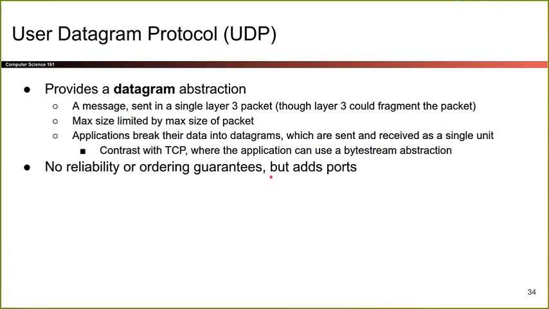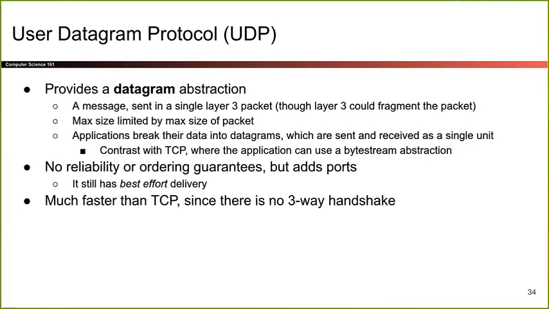There are ports, so you can still talk to other applications. Everything from layer 4 and above has guaranteed application separation. So there are ports, but there's no reliability, no sequence numbers, no ACKs. It's still best effort. So basically, if you think about it, UDP is literally just IP plus ports. Right? We're still limited by size, no reliability, no ordering. I just added ports. It's kind of like the bare bones transport layer that just adds ports for applications.